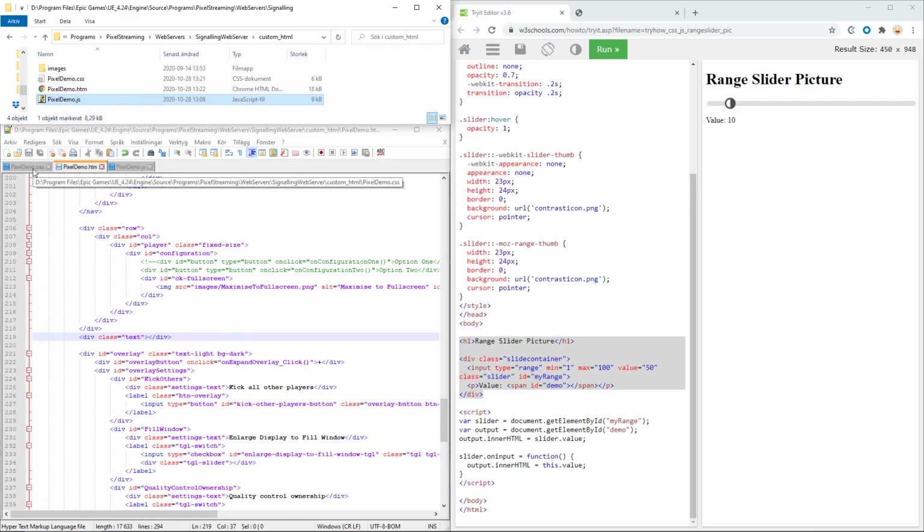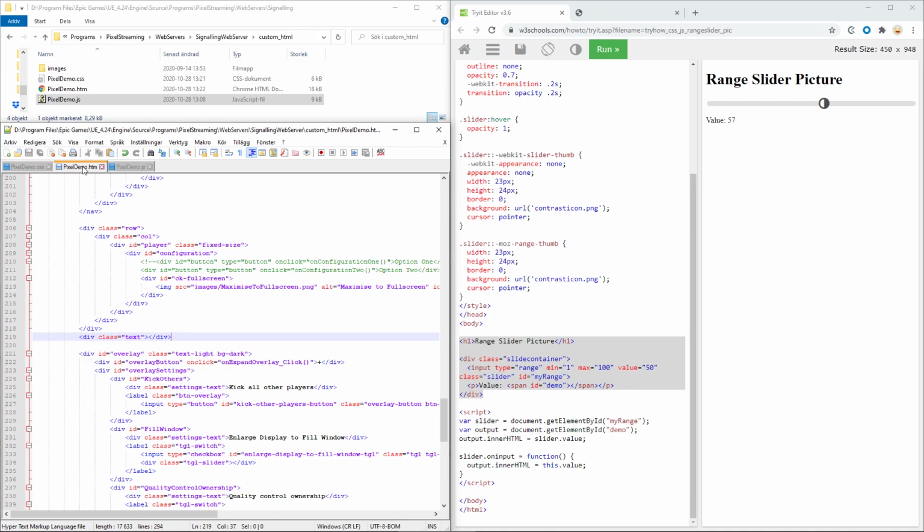So what we can start off by doing to add this slider is just start copying this part right here, which is the HTML part of this single document. You can do so by copying and then pasting it into your HTML file.